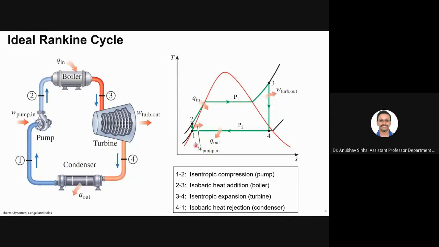Okay, so now I started at 1 and I went to 2. So 1 to 2 is an isentropic process. So it will be a straight line with respect to x-axis, and basically we are slightly increasing the pressure. Okay, now from 2 we started heating in the boiler. So that is assumed to be isobaric heat addition. Okay, the boiling is taking place at constant pressure. So that happens like this.